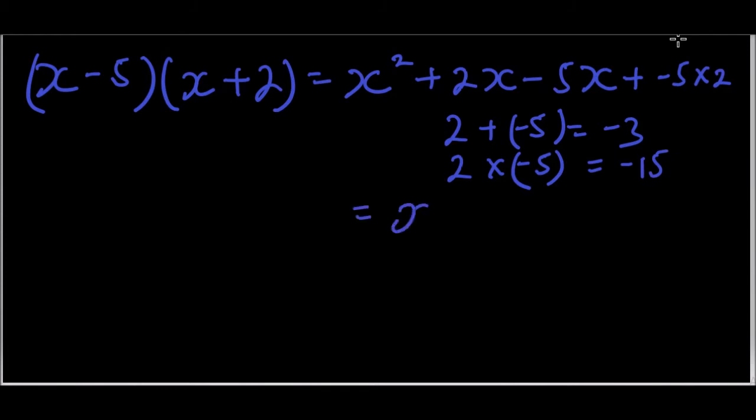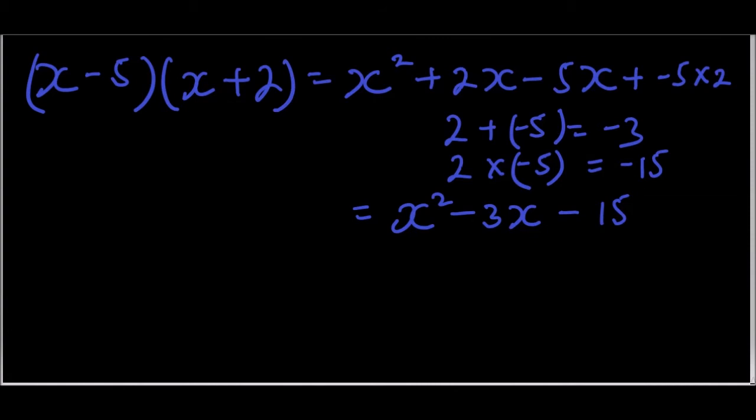So we say this is x squared. This is 2 minus 5x, which will give us minus 3x, and then we have minus 15. So you note again that for us to reverse, we need to get two numbers such that when we add them, we get minus 3, and when you multiply them, you get minus 15. One final example before we go to